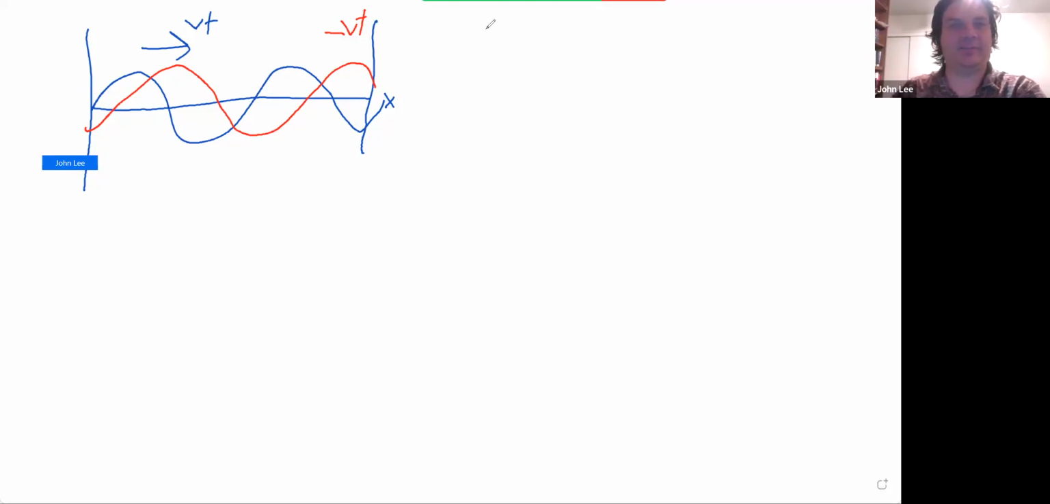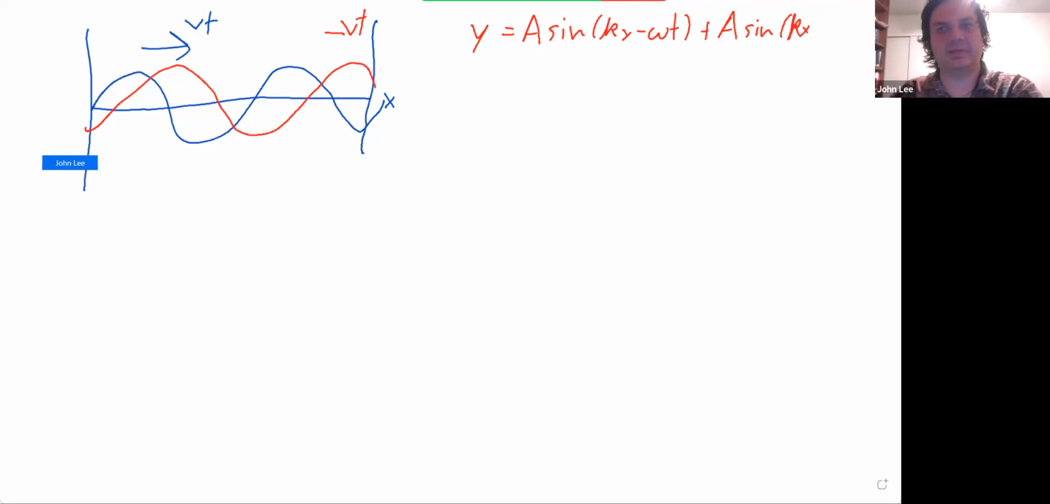Then the resultant wave is going to be y equals a sine(kx minus omega t) plus a sine(kx plus omega t), where I think I might have forgotten to bring this up earlier, but I did last lecture, where omega is just equal to 2 pi over period. So when you add these up,